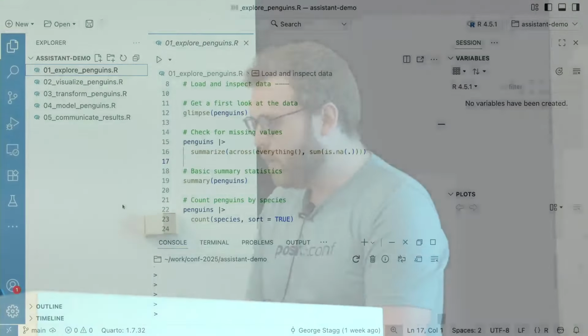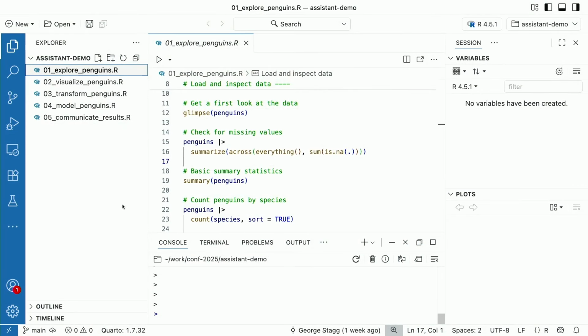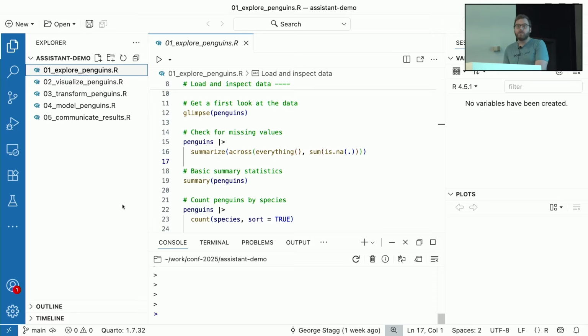So I thought what I would do instead, since I don't really have enough time to properly show all the different features of Positron Assistant, is just take a minute, step back, and go, okay, what about people in the audience who are saying, you've convinced me, how do I get started? So that's what I'm going to show today. I have Positron open, I've got some script, and I'm going to show you how to just get started,